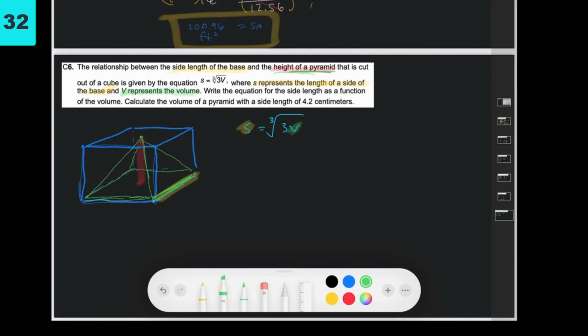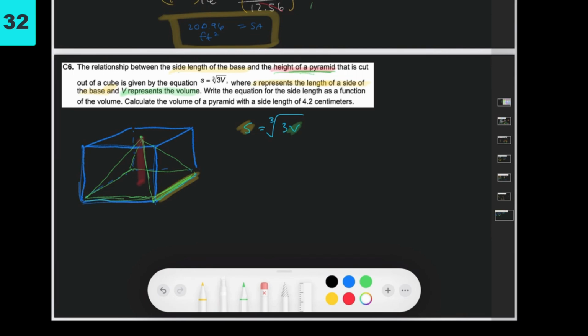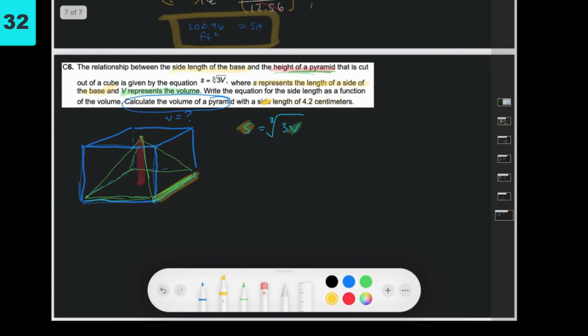Okay, we have that. Calculate the volume of a pyramid with a side length of 4.2. Okay, so here they're telling us what is the volume. That's what we're solving for. That's what we can get by itself. In addition to that, they tell me the side length is 4.2. So the side length is going right there. Let's do that. So I have 4.2 equals